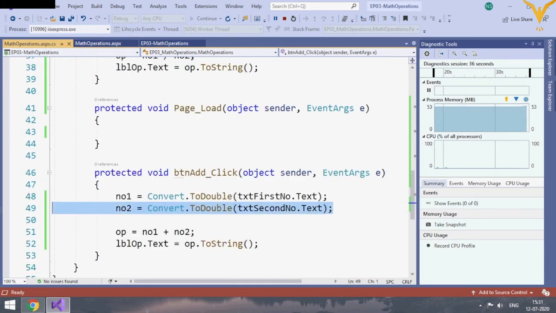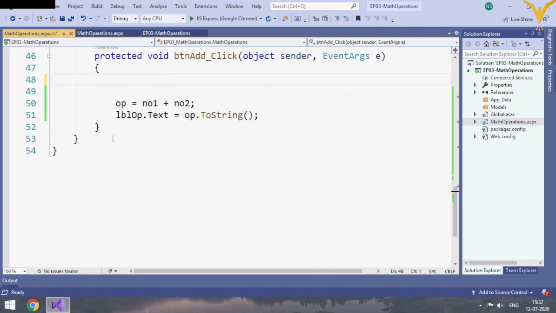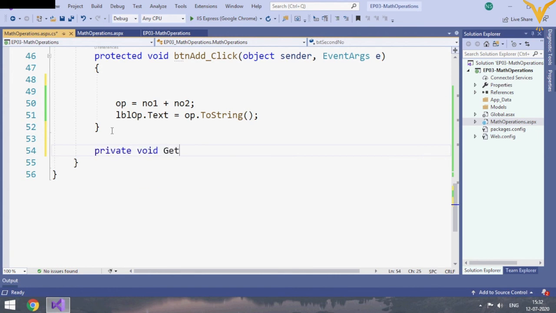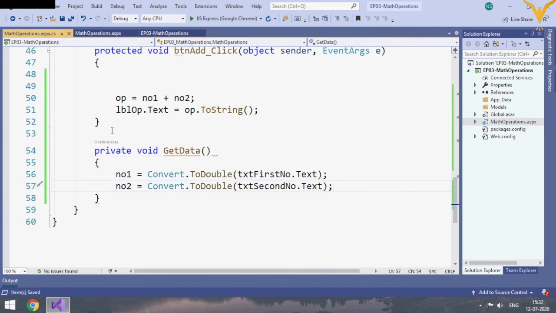And here we have used repetitive code, like for every button we have taken the number 1 and number 2 variable. So let's remove this and create one function, that is private void GetData, and paste these lines in GetData.